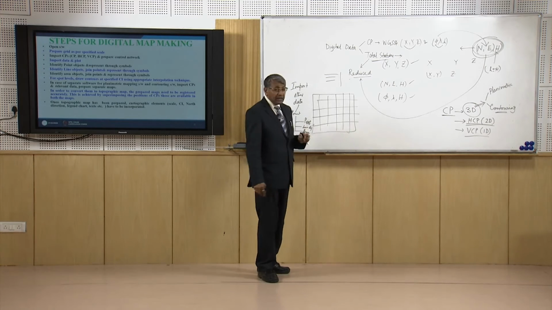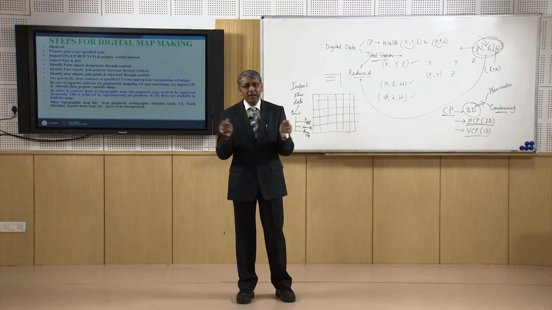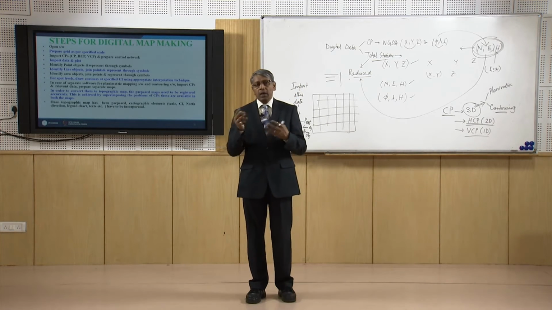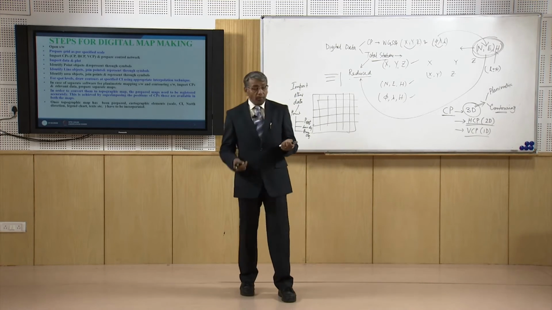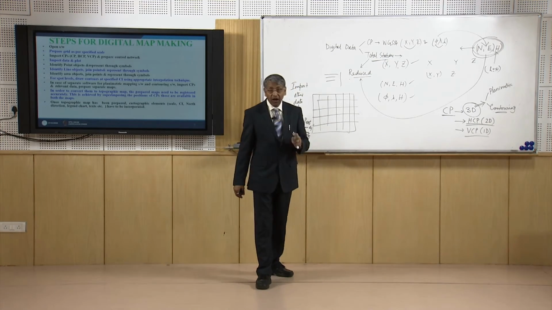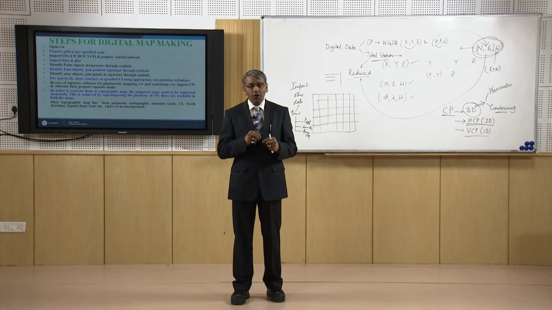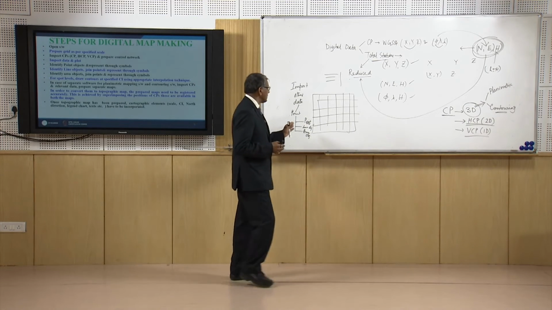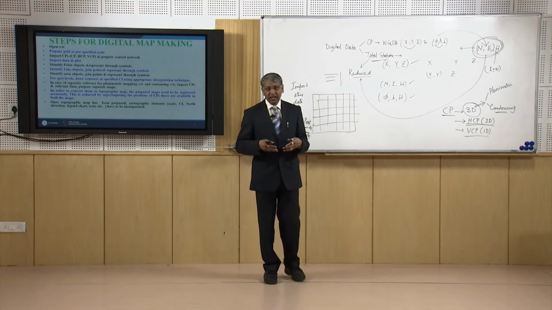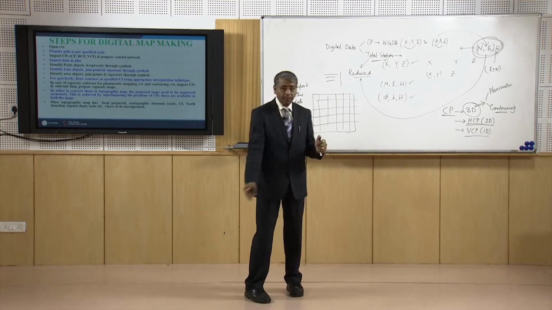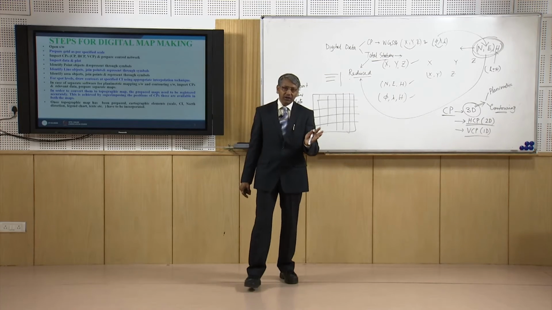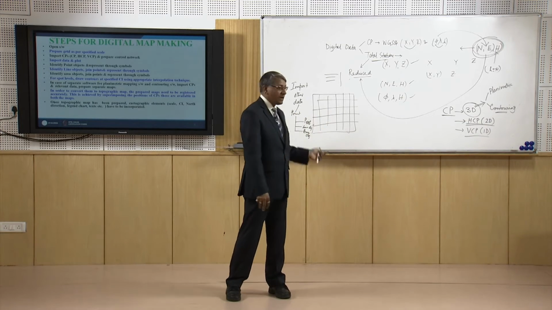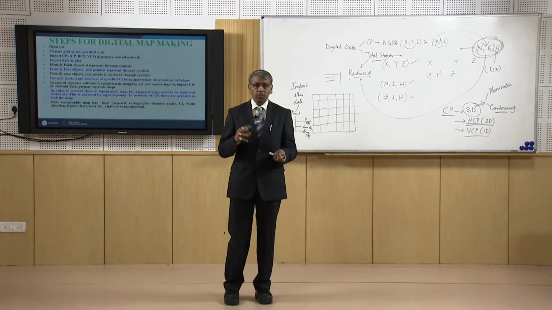Next, we have to identify the points which represent some linear objects, like the corners of roads or maybe ponds or rivers. All those points have to be identified, then we can make use of the line command to join those points. By doing that we get the linear object plotted in the map, and corresponding to the linear object there will be some symbol, and we have to convert that linear object plotting as the symbol represents.